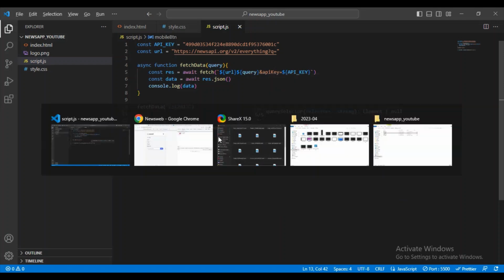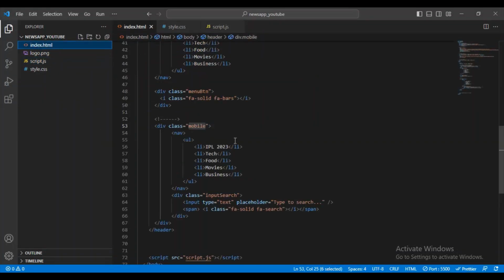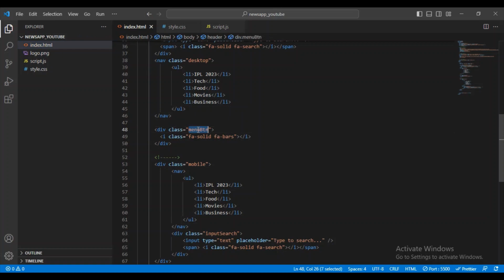And when I click on this, I also want to access this one. For that, this is a mobile btn. Let me copy this and go to the script file,